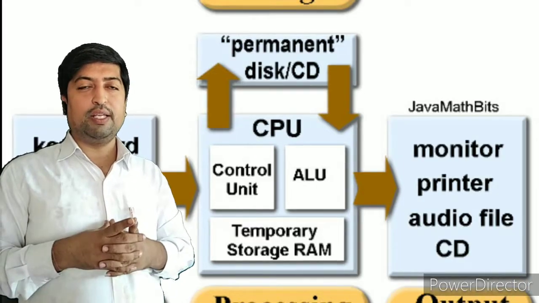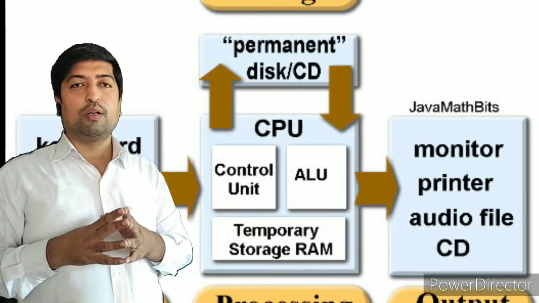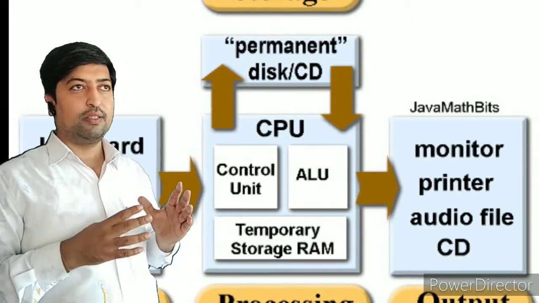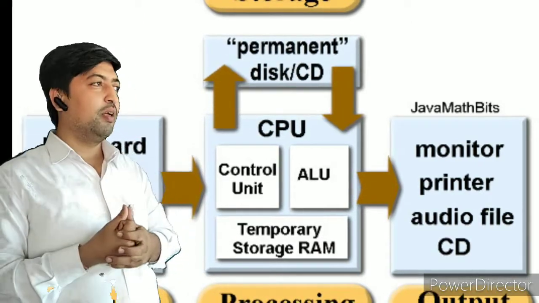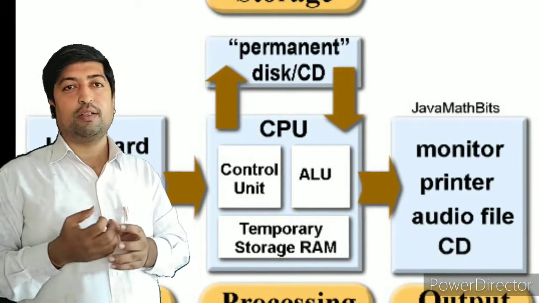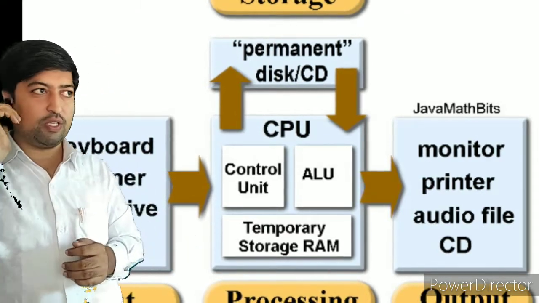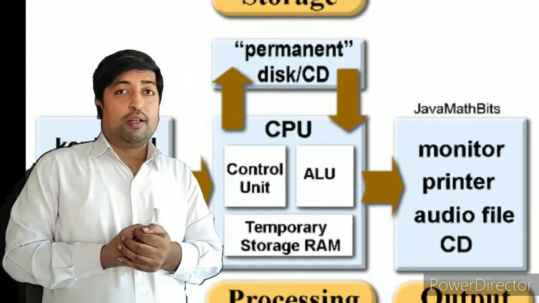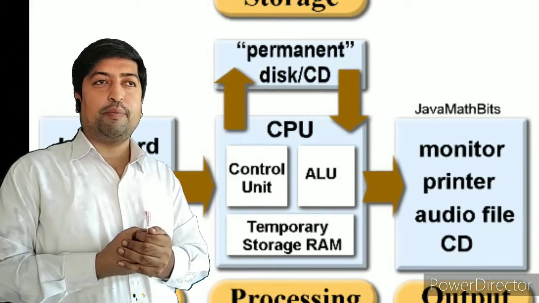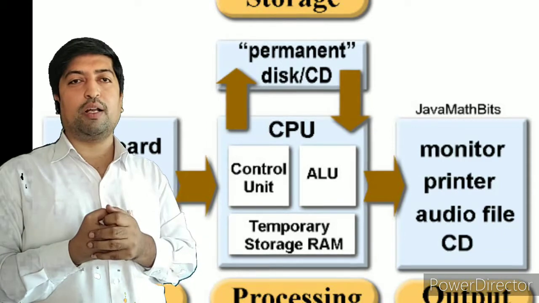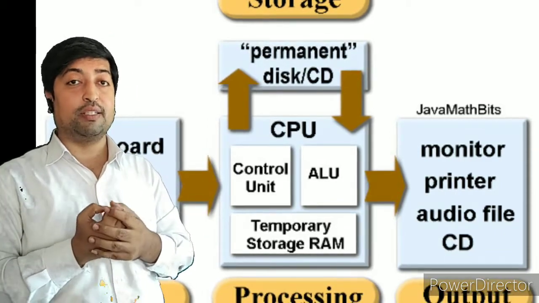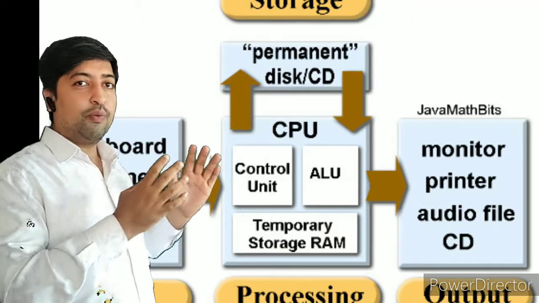Also, there are very useful keys: the control key and the alt key. The control key is very useful for controlling the system, and with the alt key you can easily reach shortcut locations. For example, Alt plus F4: when you press both buttons at the same time, your computer will shut down.